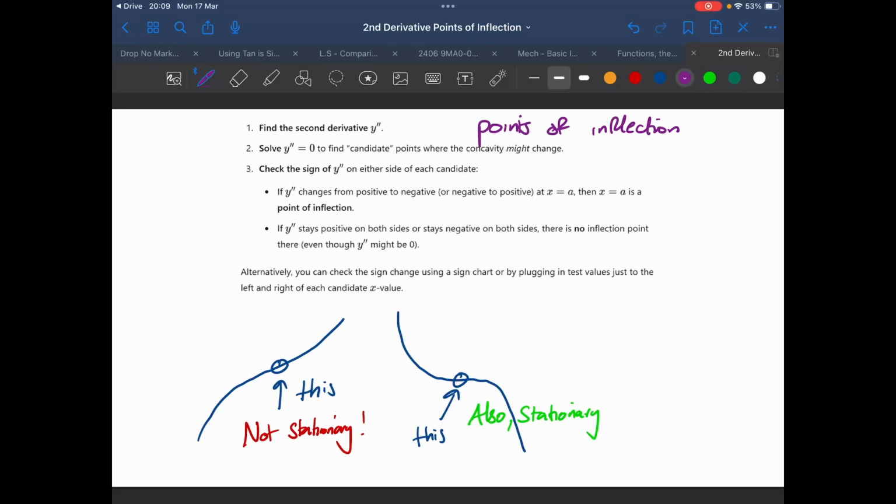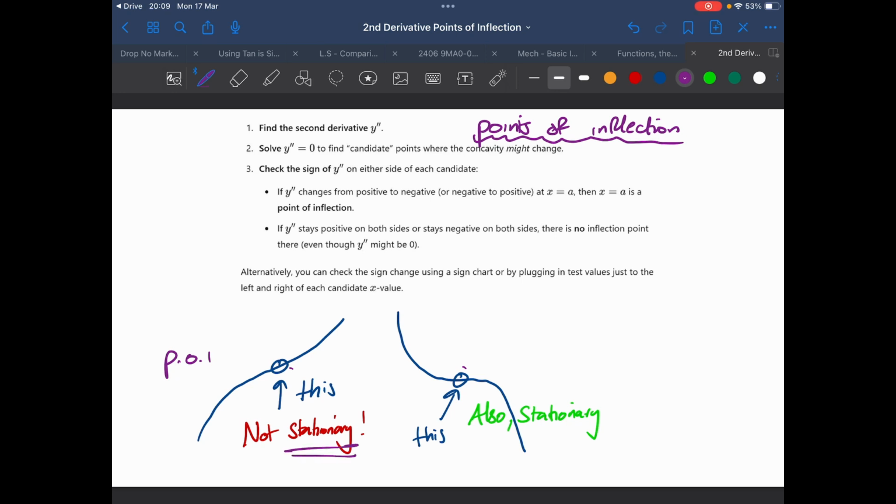About a topic that confuses a lot of people. We're talking about points of inflection, okay? So a point of inflection, I've got an example of two different ones underneath. This could be a point of inflection. Well, it certainly looks like one. This could also be. Now notice, this is a point of inflection,